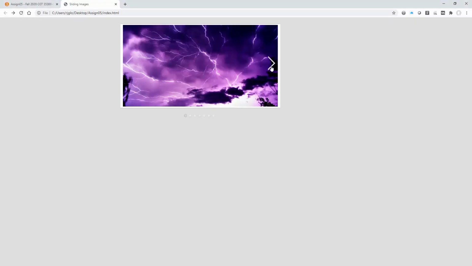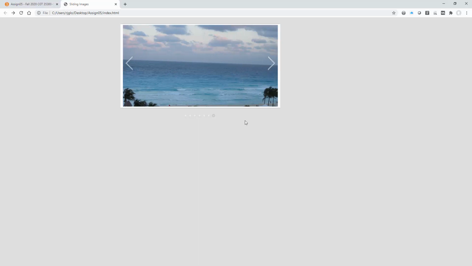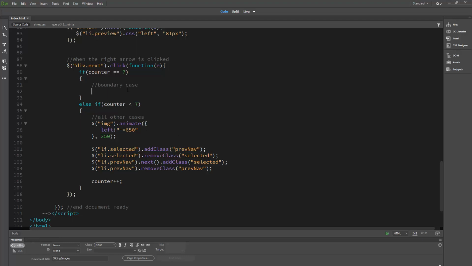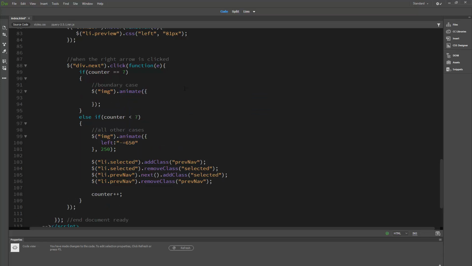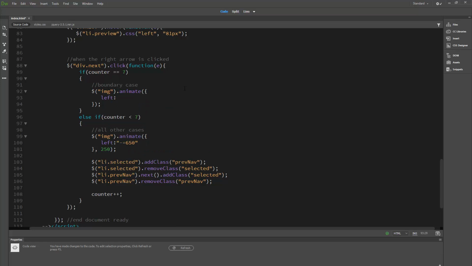We refresh this, come to our right arrow. You can see, but once we get to the end, there's nothing. So our boundary case, when we get to the end, it's going to look a lot like what's below. So again, it's $. It's our jQuery selector. Again, we're selecting the images. Again, we're doing an animate. Again, what we are animating is the CSS left attribute, and we are doing a plus equals this time,